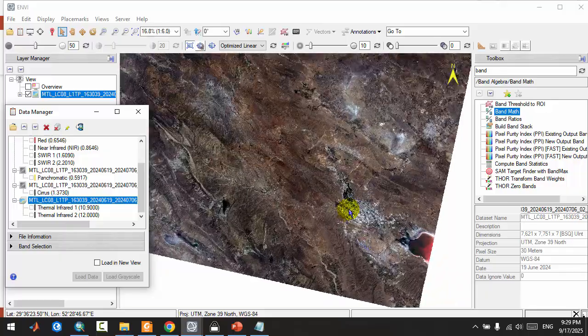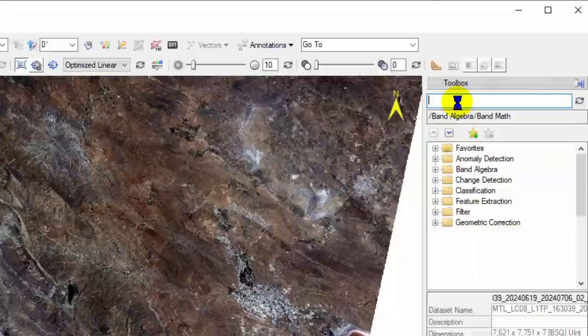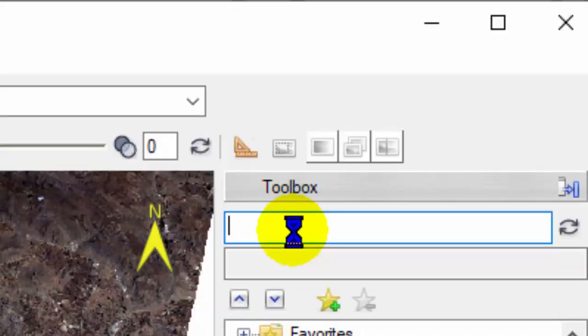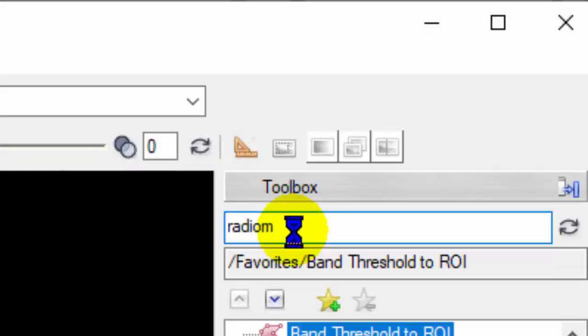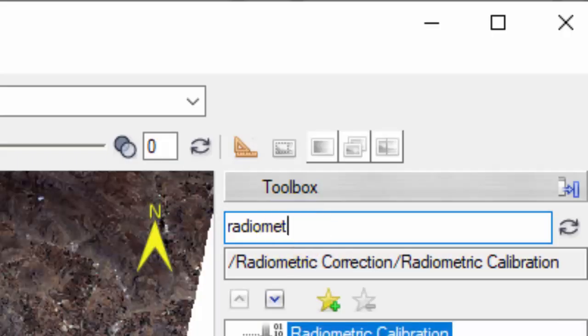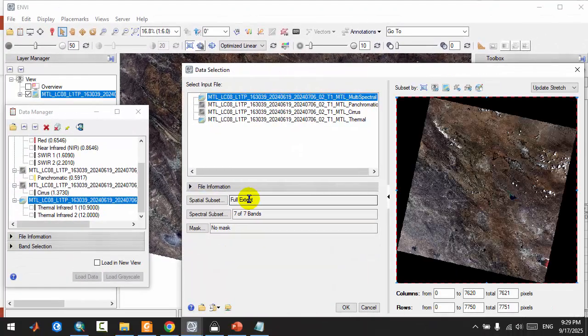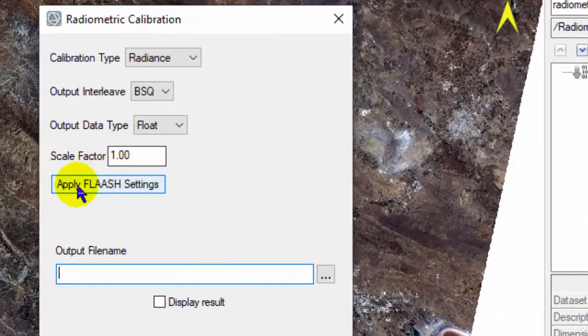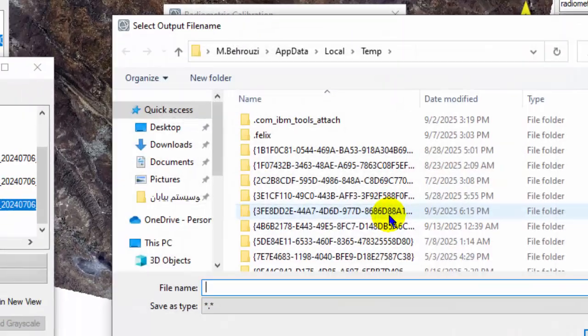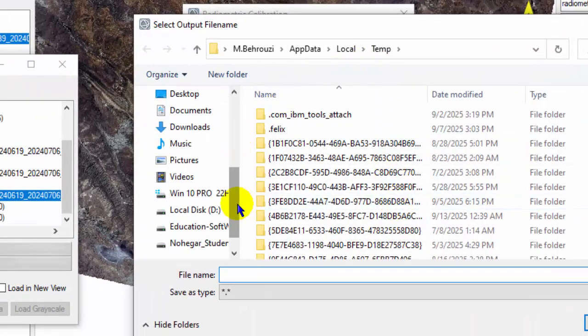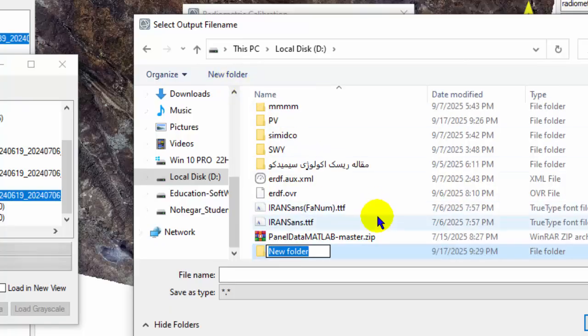At first, we must do radiometric calibration. In the toolbox, search radiometric calibration. Select the multispectral bands, spatial subset, and select the subset for the study area. Okay, apply flash, output file name, setting in drive D, new folder, the PV. Okay,